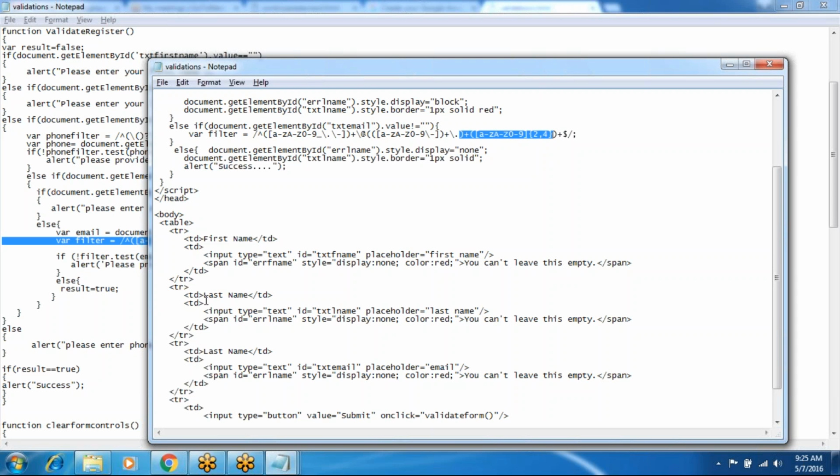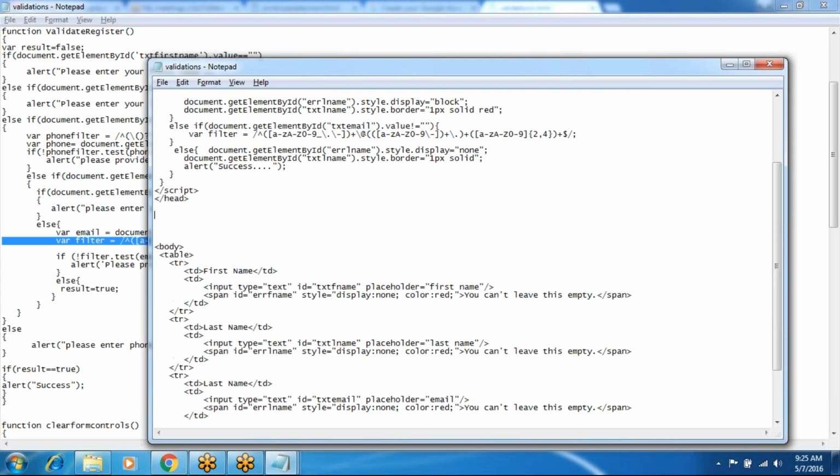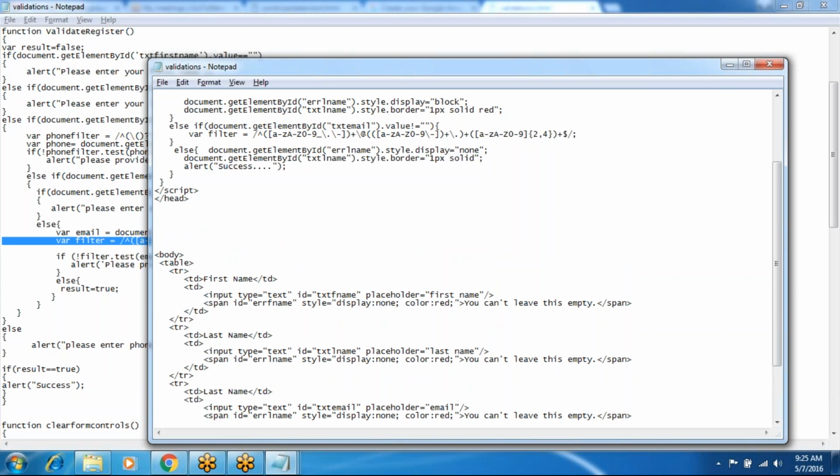So the actual email format is compulsory some name, at the rate, something, dot. First name or last name or digits, at the rate, gmail.com. So your email will be accepted after checking with this expression.